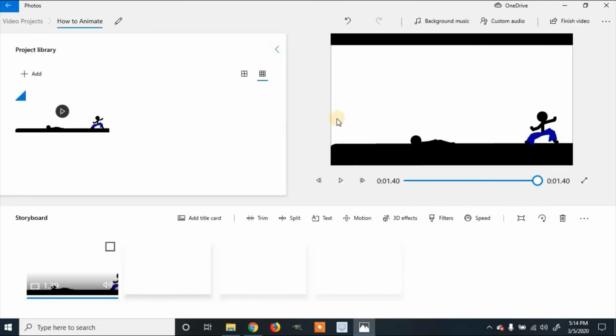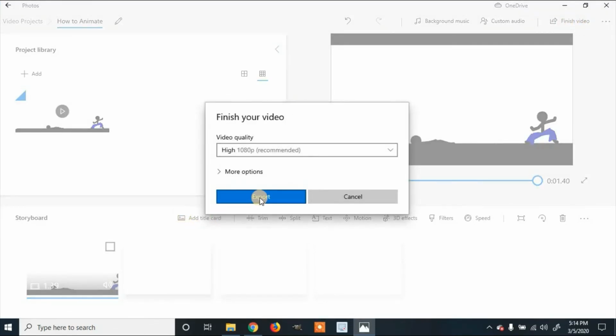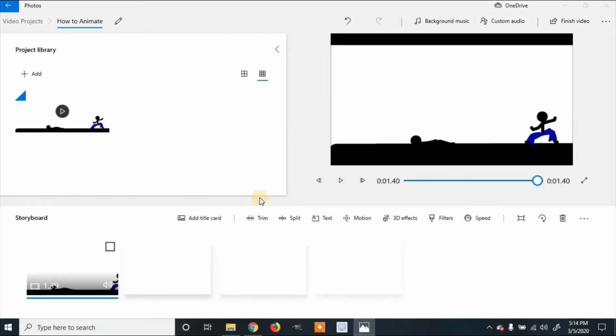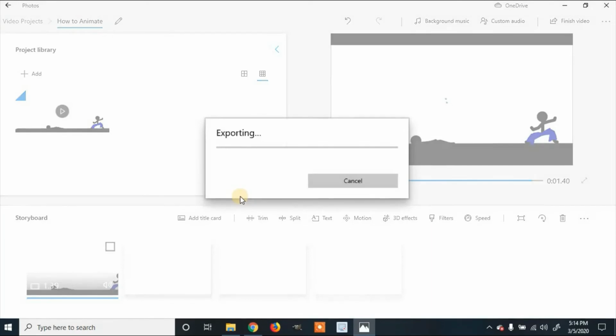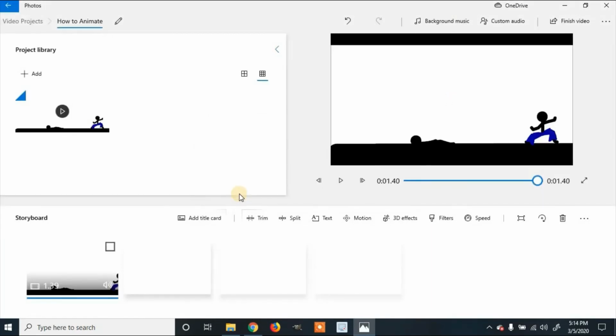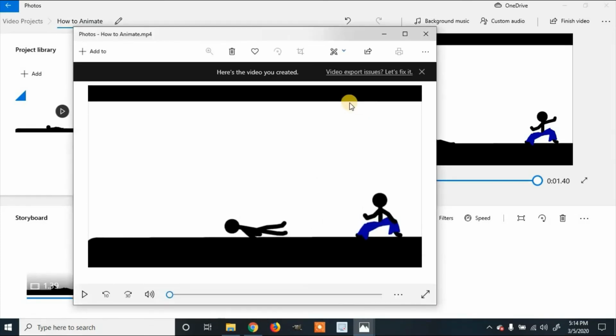And then once you've finished editing your video, you're going to click finish video. And then export. It'll ask you where you want to save it. We're going to say on the desktop. And then we're going to click export again. Once finished exporting, it'll play the video,